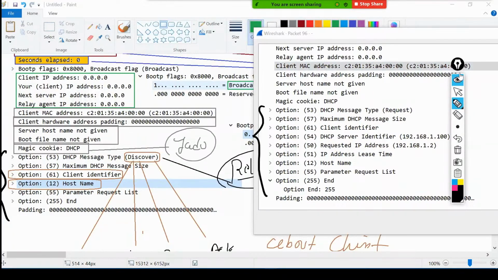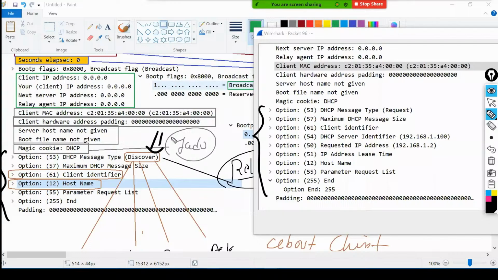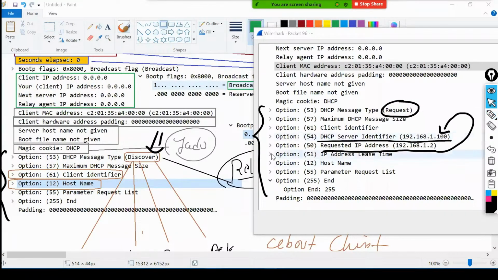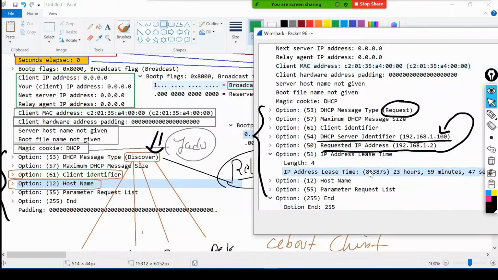Previously, the discover packet did not have any idea who my server is. Now the client is making the request packet to the server: okay, I want this IP address, and I'm requesting it from the server. For how many seconds? That is what you give in the lease time: 24 hours.